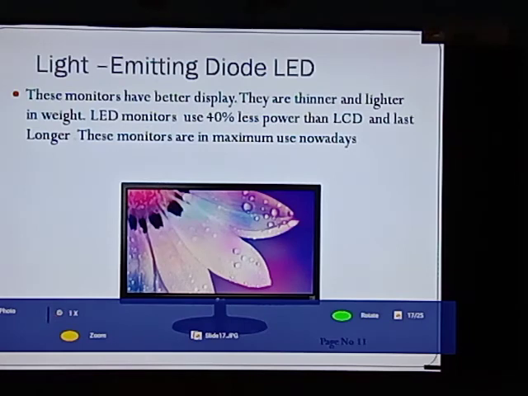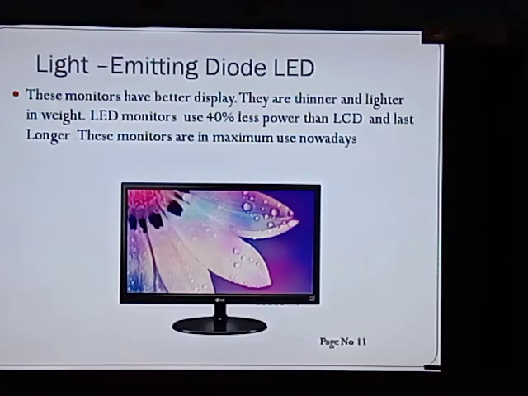The next type of monitor is LED, light emitting diode. These monitors have a better display. They are thinner and lighter in weight. LED monitors use 40% less power than LCD and last longer.